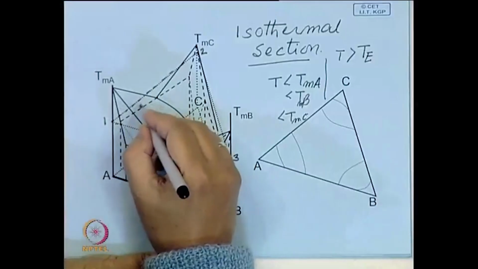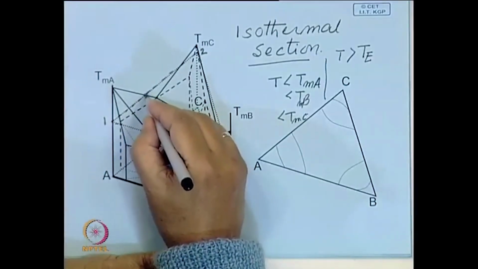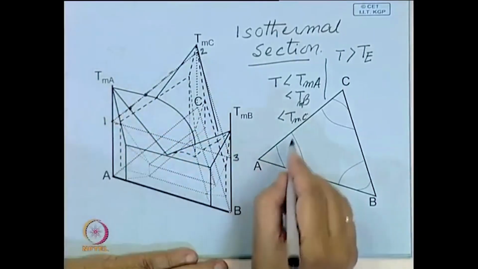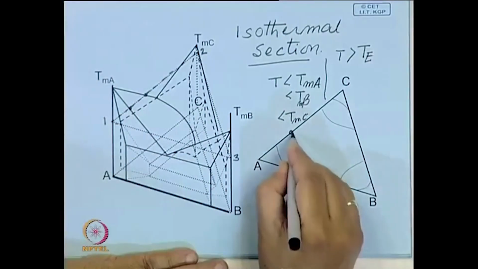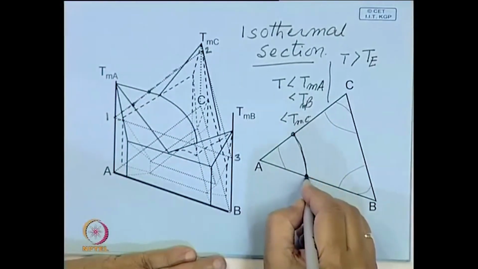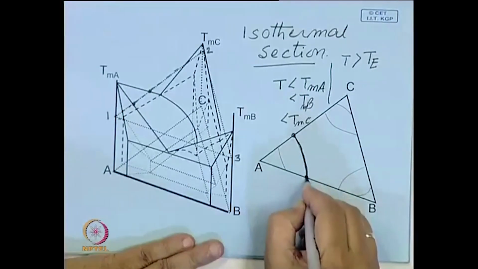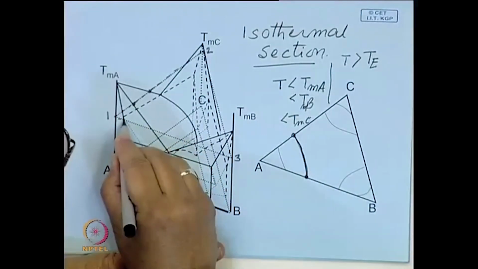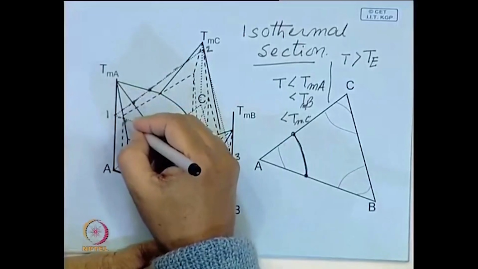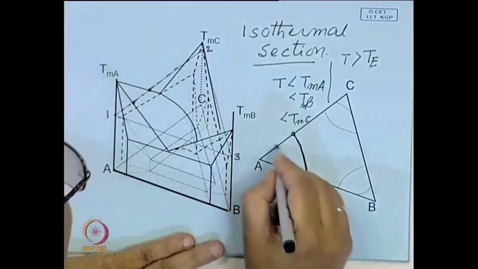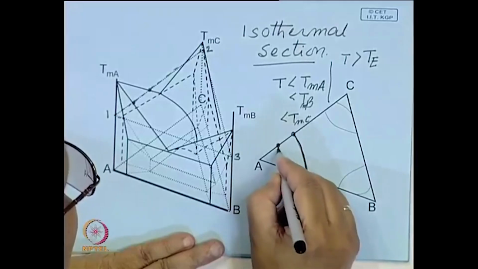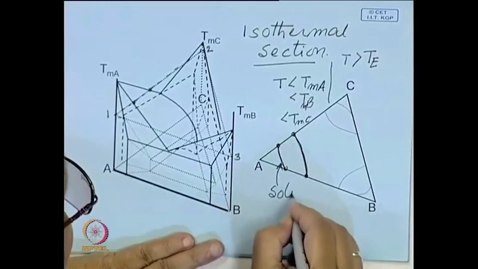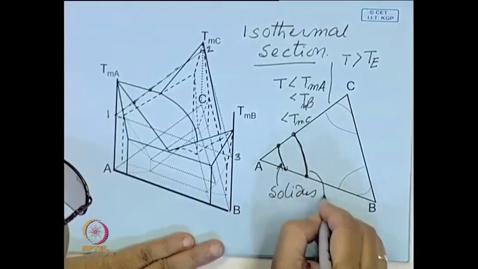So, here you can see this plane will intersect this line somewhere here. So, this is one point, this is one point. So, this is the liquidus line. Similarly, this plane will intersect this line here, and similarly the solidus, and there will be another here. So, these two will be the solidus, and this is the liquidus,